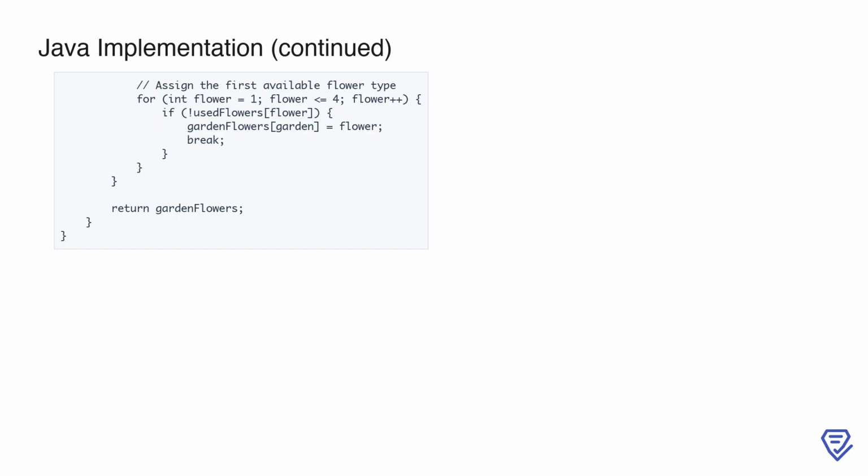This ensures that each garden gets the smallest valid flower type that is not already used by its neighbors. After processing all gardens, the garden_flowers array contains the flower assignments for each garden, satisfying the problem's conditions. Finally, the method returns this array as the result. This approach guarantees that no 2 adjacent gardens will have the same flower type, and the constraints are adhered to